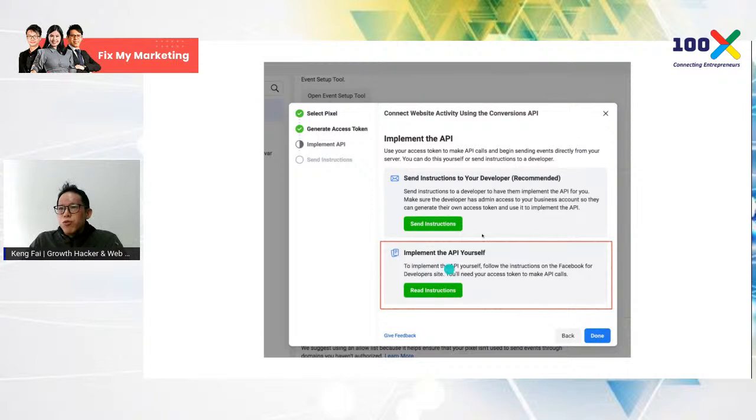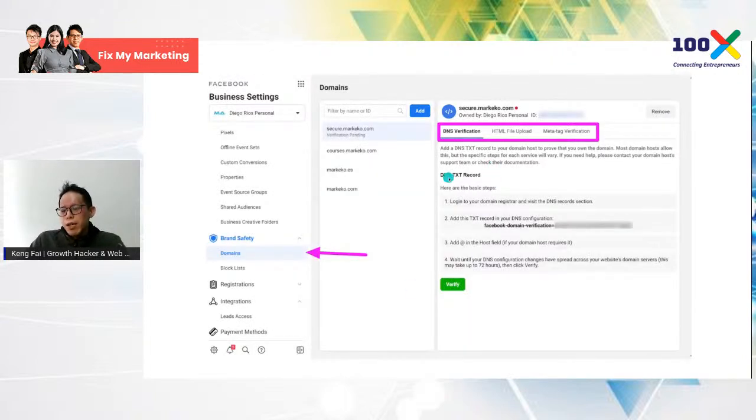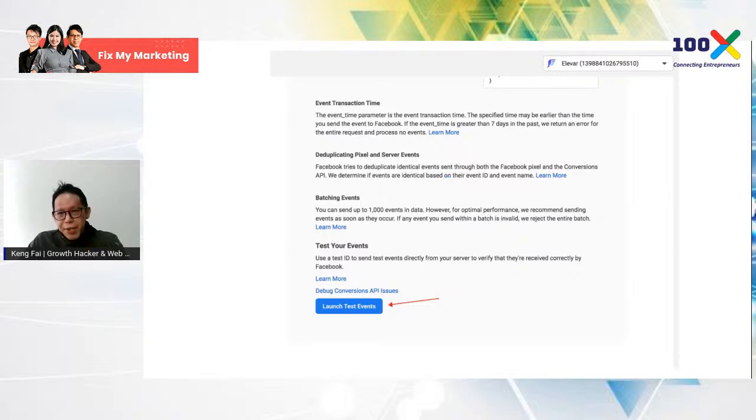And then you need to go to this API and read the instructions on how to do it step by step. And then from there on, you actually can launch your test events, by basically putting the ID there. Make sure you remove that test ID, because when you run in production mode, it can still be in test ID. So make sure you remove that when you've done that on your website.